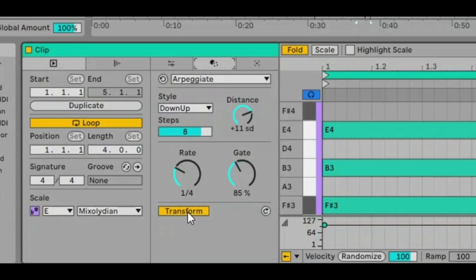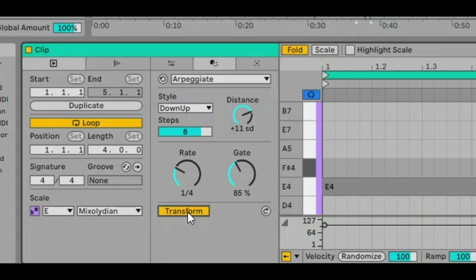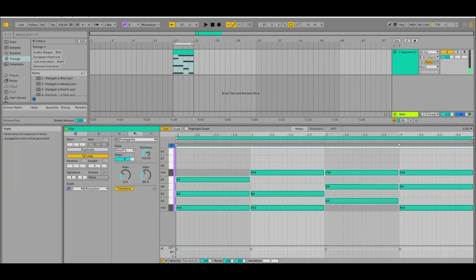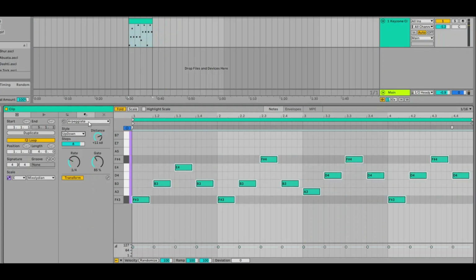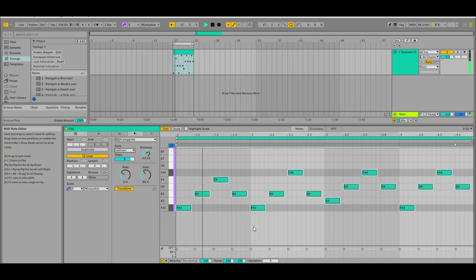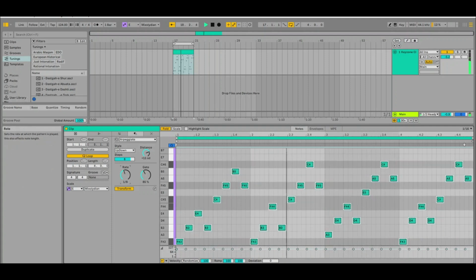So where you can really start having lots of fun is if we click on this transformation tools option, auto apply any transformation selections that you have. So let's just try selecting everything here and select an up down arpeggiator, and you can see instantly it's arpeggiating everything. Let's increase that